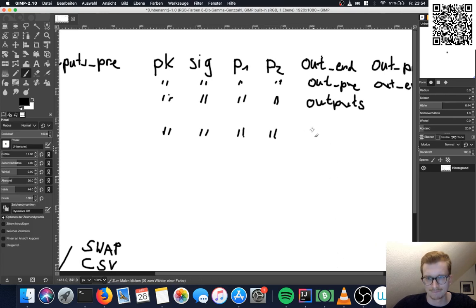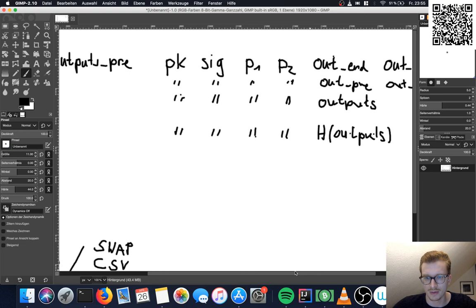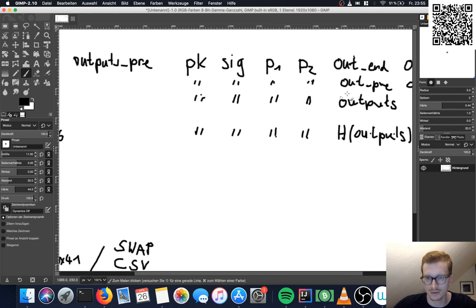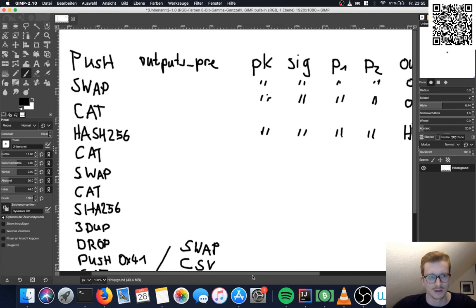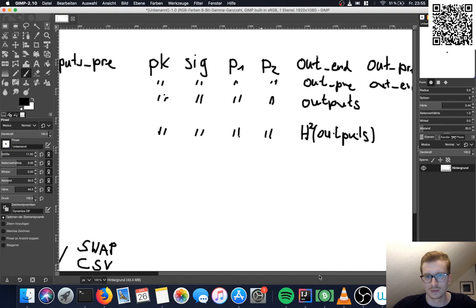So this will be the hash of outputs. Yeah, so this will be the double hash of the outputs. Let's maybe do squared. After that we will concatenate these two things.